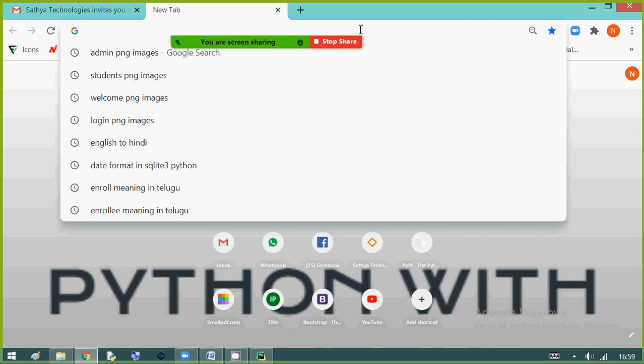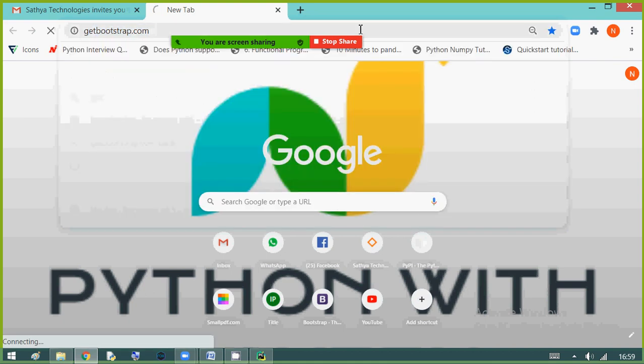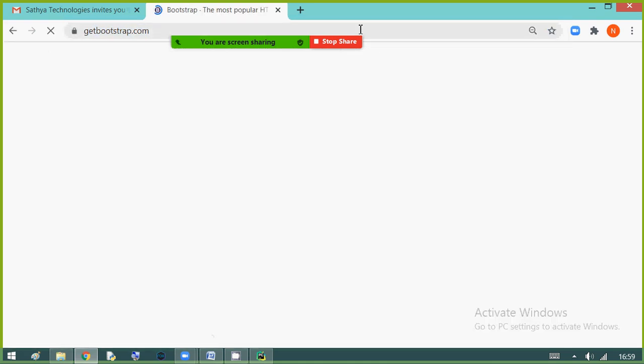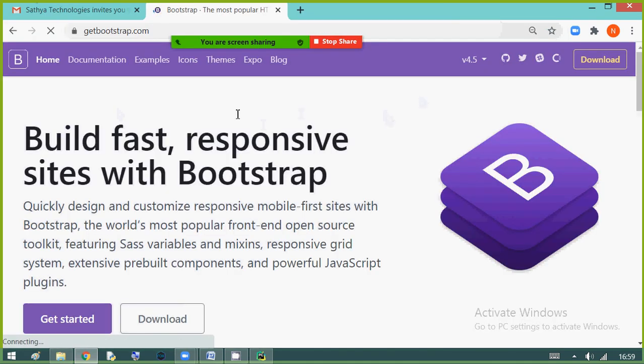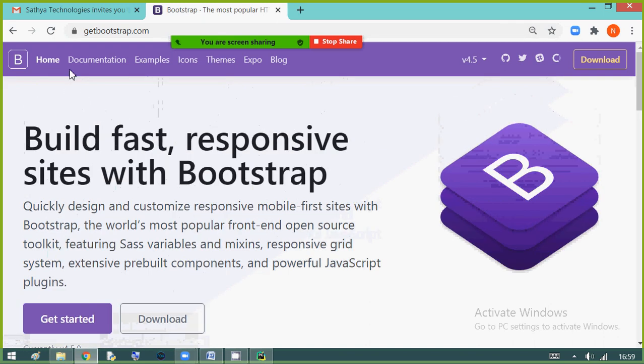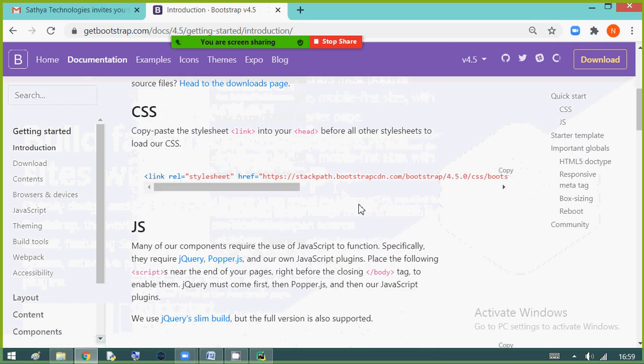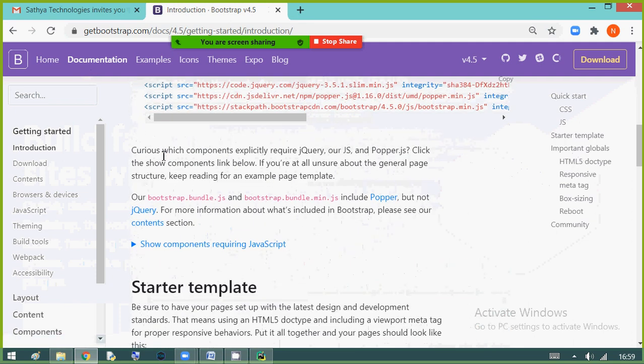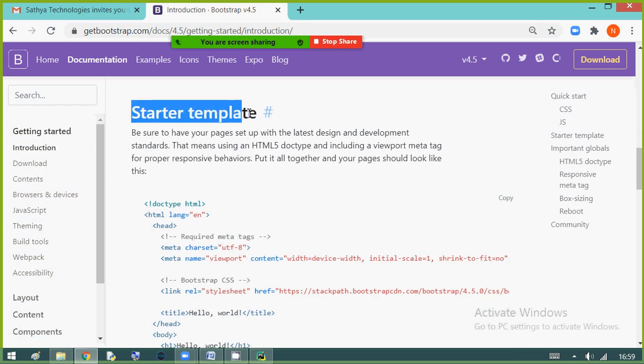So observe the points. Getbootstrap.com. In the menu, you have an option like documentation. Look at the menu part, on the top, documentation. Scroll down, you can find the starter template.